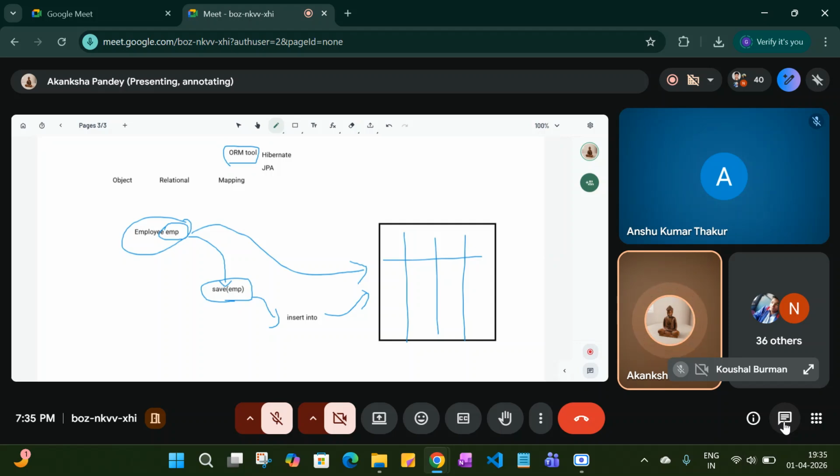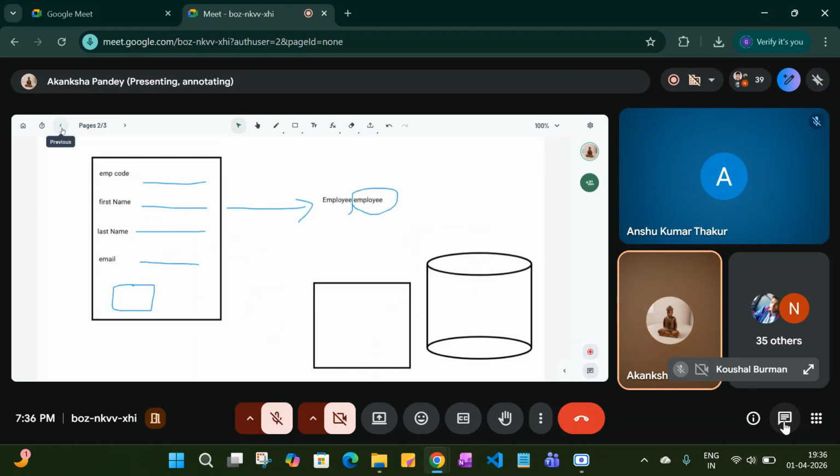So from there, Hibernate will get the idea, because if you have to store new department details, you will call the save method, and you will pass the parameter that will be the object of the department class, which is going to hold the actual new department record. So every time we are calling the save method only. But the first one will save the employee record in the employee table. The second one will save the department record in the department table. So how is Hibernate going to get the idea, like the first one is for the employee table, the second one is for the department table? How? So the mapping is playing a very important role here, because